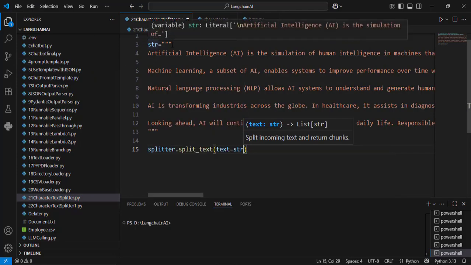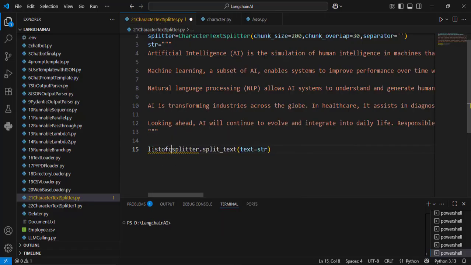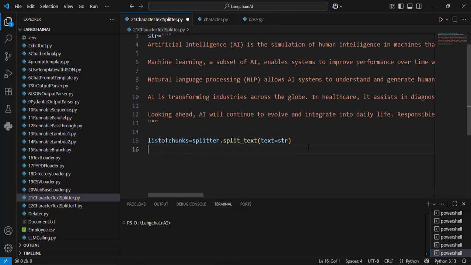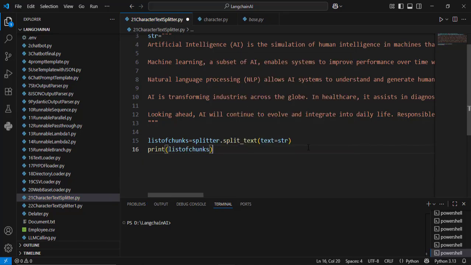So this variable I just passed here, and you see what it is going to return me. It will return me the list of chunks. So here I will write list of chunks is equal to this, and now you see I can print the list of chunks. So I will write print, and here I will say list of chunks. So if I run this,